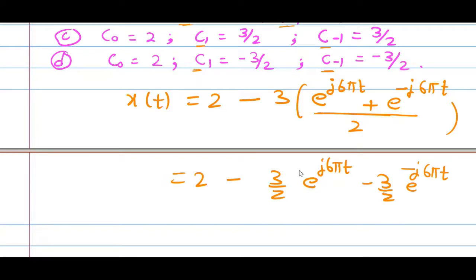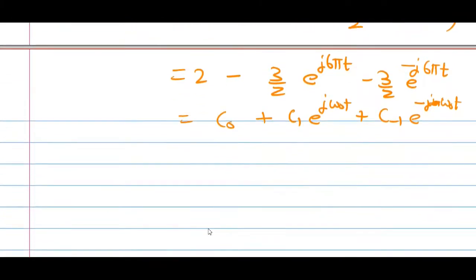So this is nothing but C naught plus C1 e raised to power j omega 0 t plus C minus 1 e raised to power minus j omega 0 t. So if I compare, C1 is minus 3 by 2,